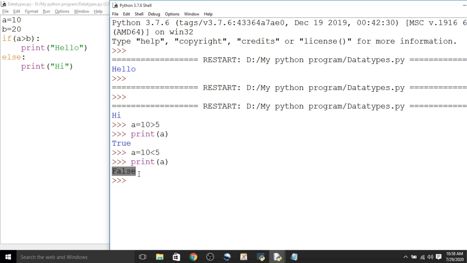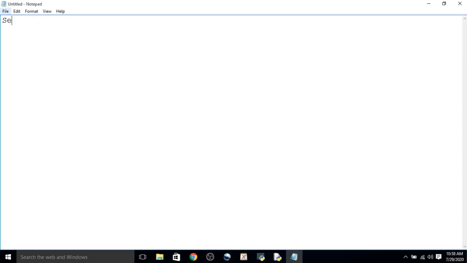Now we have to see the next data type, that is sequences in Python. The sequence data type is the most important data type in Python. Generally a sequence represents a group of elements.